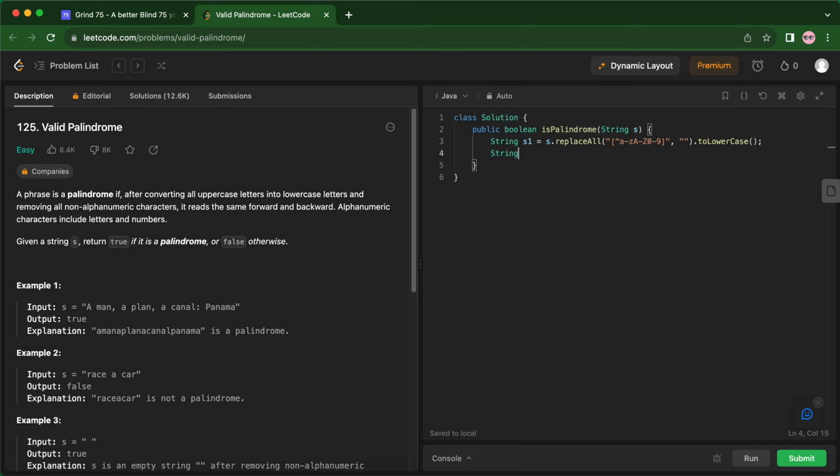Similarly, I'll create another string s2 equals, let's say, new StringBuffer. String buffers are mutable. We are passing s1 into our string buffer. If you're unaware of string buffer, please go through the videos. So we are creating a new string buffer from s1, and then we say dot reverse dot toString. Simple. Now we can simply write return s1 dot